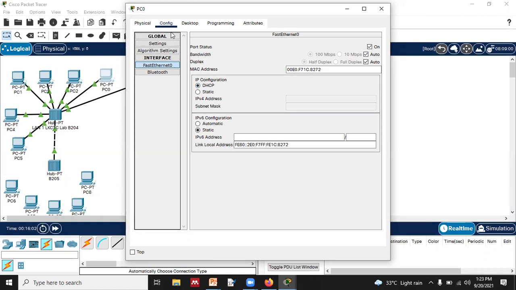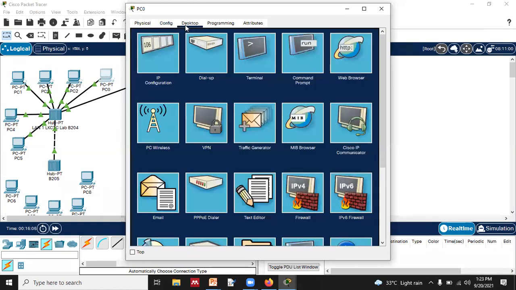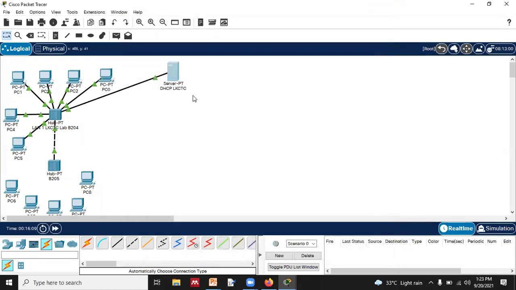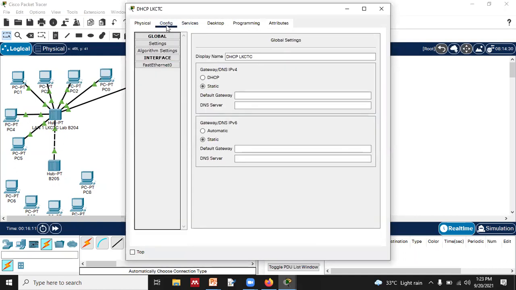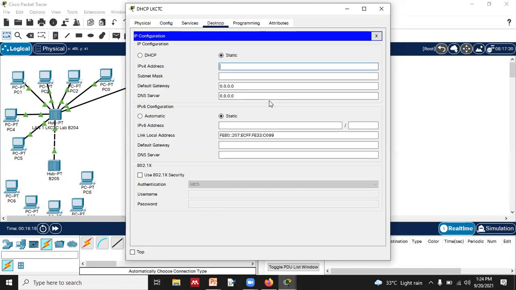And we have to go for the DHCP, right? So we have to start the service in each and every device. We have to start the DHCP, right? And you can see over here, we have given the IP address to this server also. First of all, we have to give the IP address to the server, right?